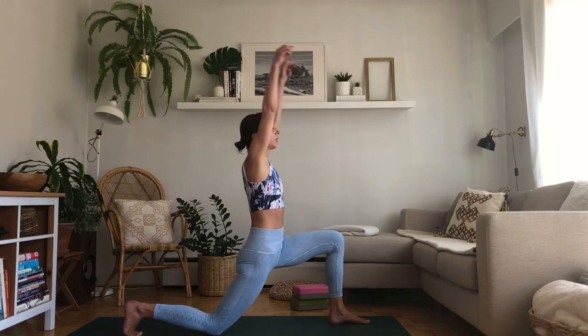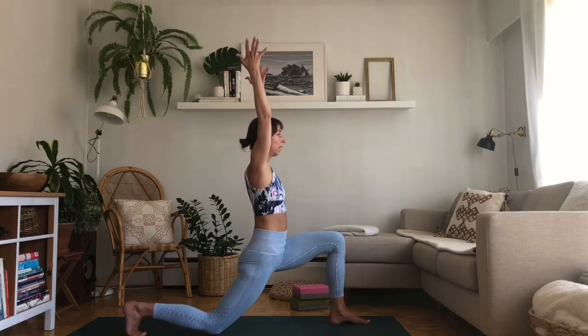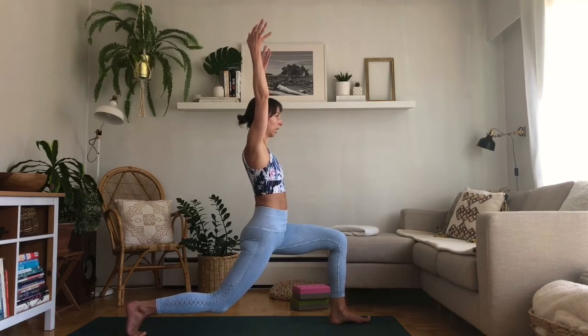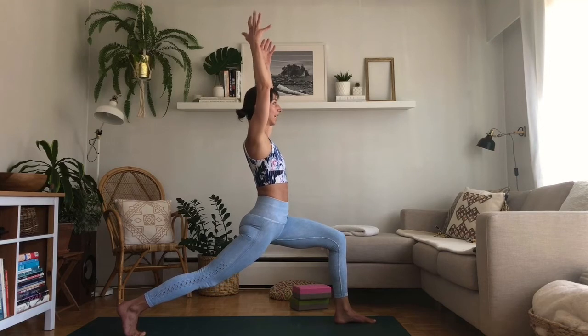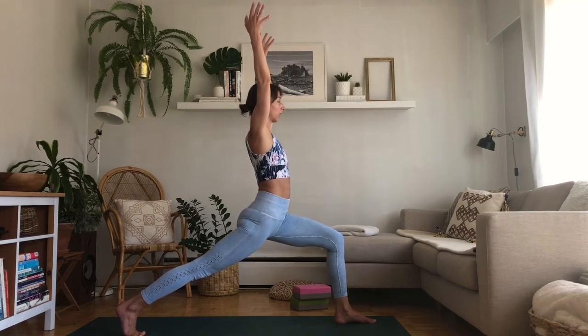And then from here, reach the arms up towards the sky. Reach through the fingertips, back toes, right toes step. Hover your right knee off of the mat, just a little, couple inches. And then begin to press into your right heel. Press it back into the imaginary hand or wall until you get your right leg straight, still opening into the